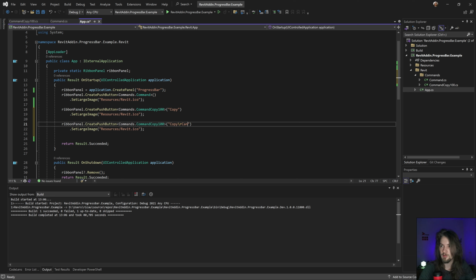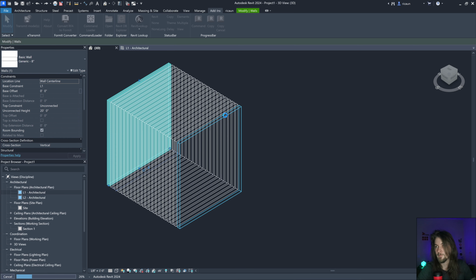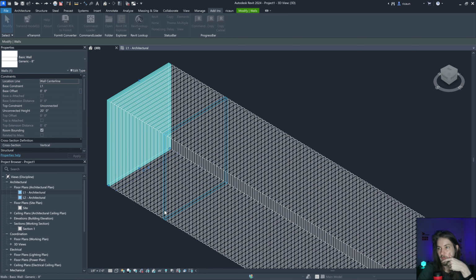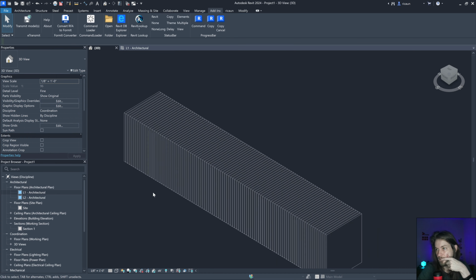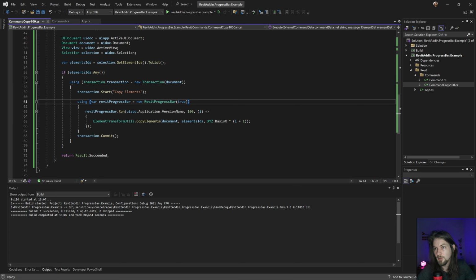So it's gonna have cancel in there. And yeah, great. I go here. I have the cancel button. If I cancel this, it's gonna cancel, but not cancel all the commands, because I just interrupt the copy, and I'm not basically rolling back the transaction.